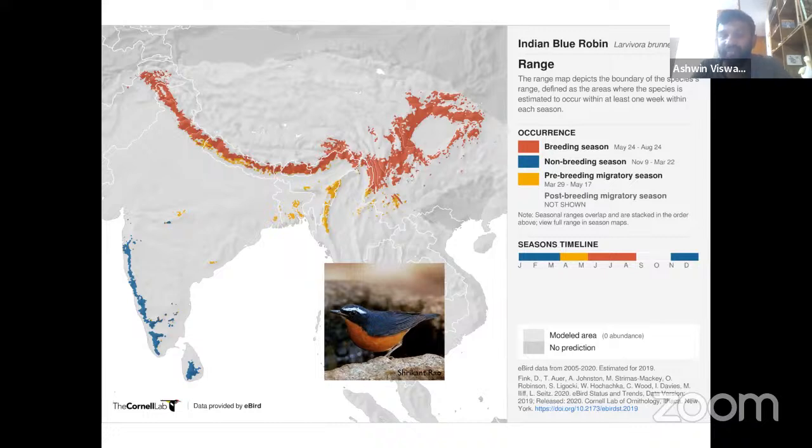Of course, you can use it to understand birds better yourself, but you can also use it to teach people more about birds. And these are modeled distributions in that they have taken information of where they have been reported. They've looked at the association with habitat. These are called species distribution models. And then they have also extrapolated to see whether the bird will occur or not occur in places where people haven't reported them. So you see that in many of these places in the Himalayas, there isn't much birding.